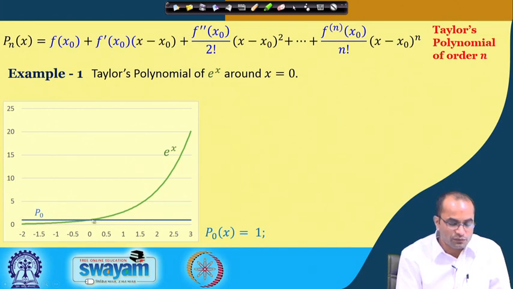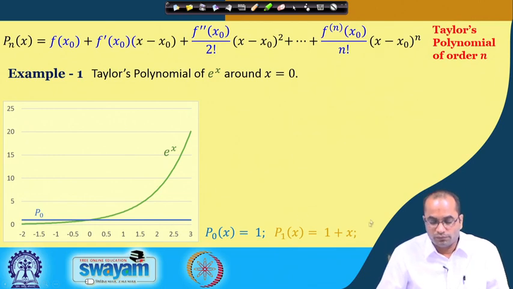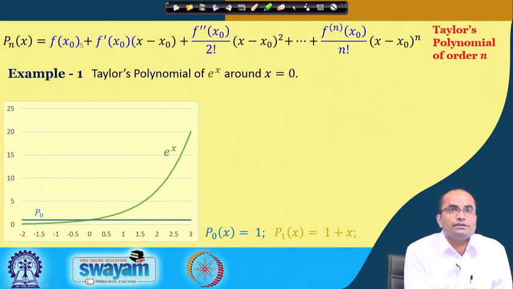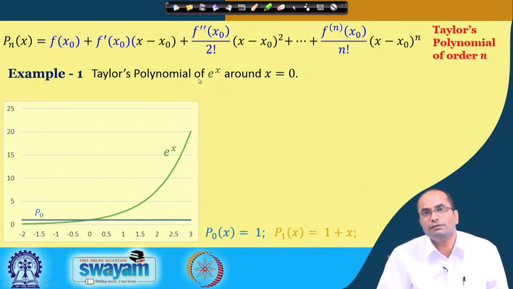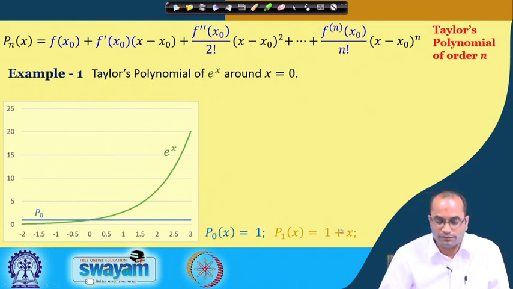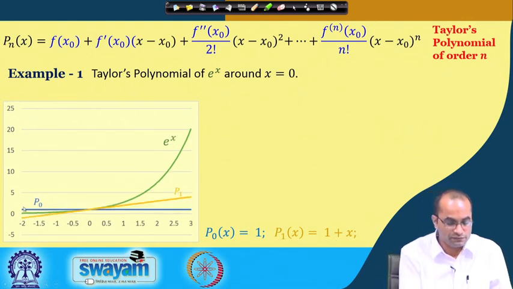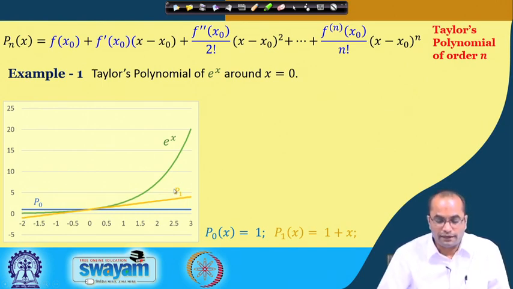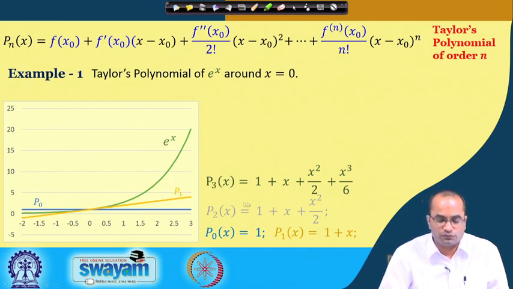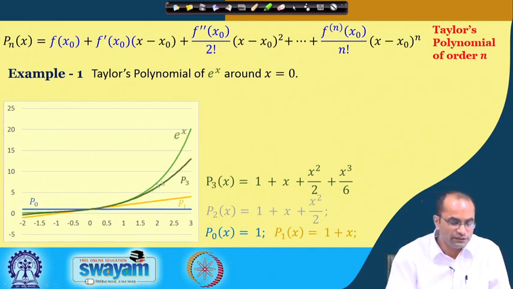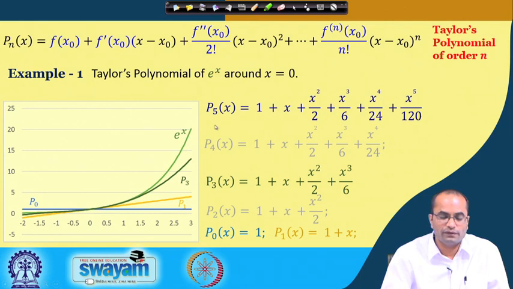So, the straight line going through this 0, 1 point. If we compute the polynomial of degree 1, we will get this f x 0 as 1, and then we have the derivative e power x, and at x equal to 0 this will be again 1. So, we have the polynomial of degree 1 as 1 plus x, which is plotted here. It is again a straight line with slope 1. Now if we continue this process, we can evaluate P 2, then P 3. P 3 again we have plotted here with this curve, and then going further, we will get P 5.